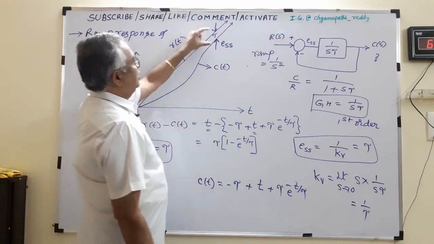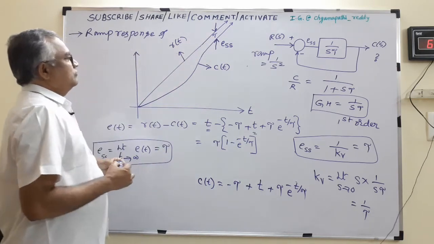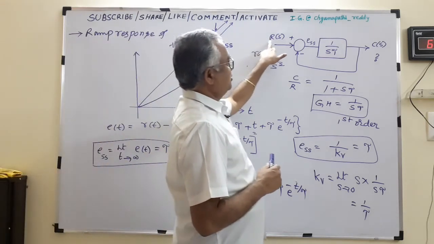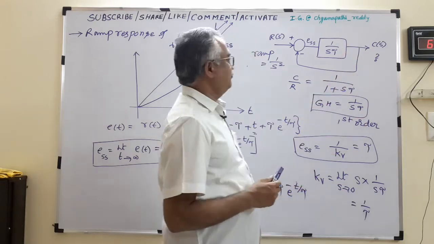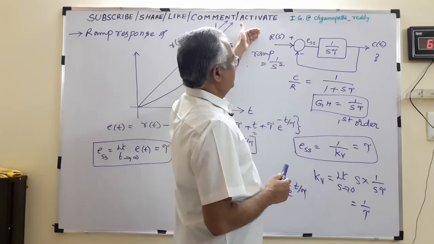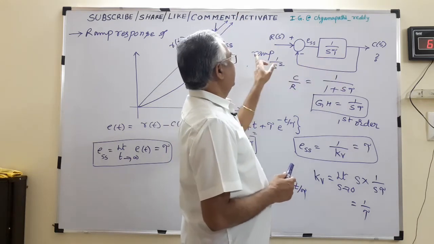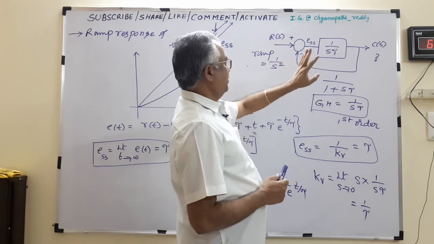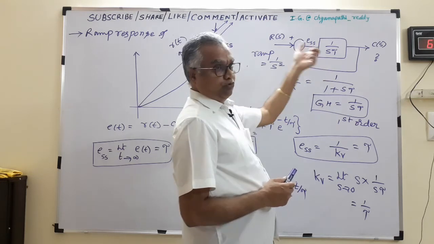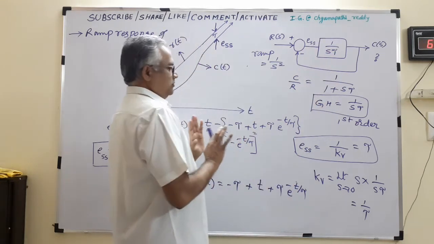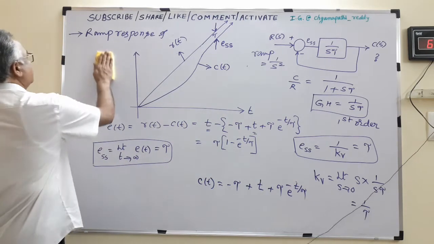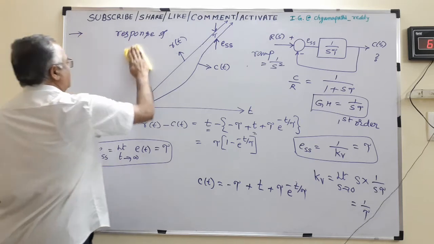This tau graphically I am showing like this. So this is how we analyze the ramp response of a first order system. So step and ramp of first order is over. Next, step response of second order we study. Ramp response of second order we don't study because ramp itself is 1 by s square, second order is s square, so s power 4. It takes a lot of time, and that is not there in the syllabus. So next is the step response of a second order system.